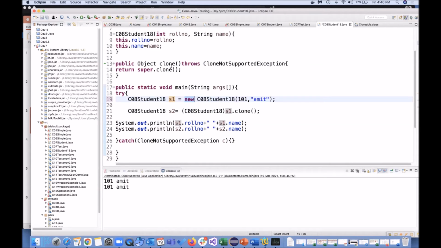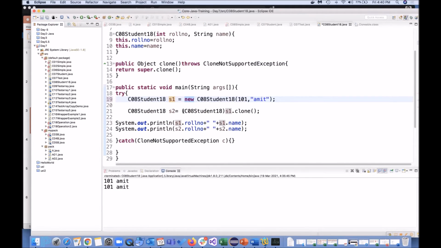That is an internal operation, but let's not clutter our mind with that. I'm moving to another program. Maybe in the next session I will come back with the answer where in real time we can clone. That was our program number 18, Student 18.